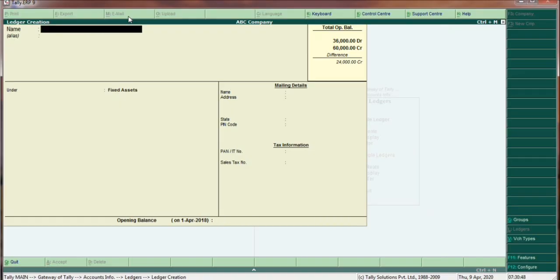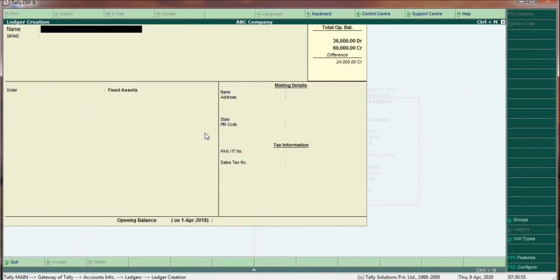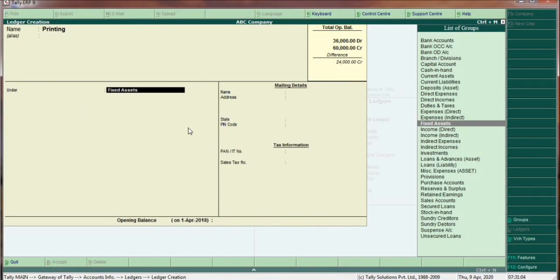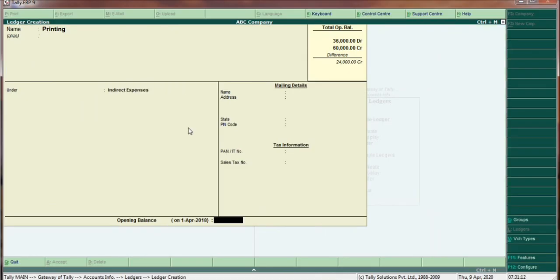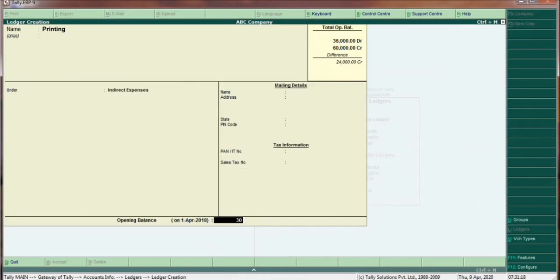debit yes, and then the third one is printing 300. Printing is an indirect expense, so I type printing and select indirect expenses. The amount is 300,